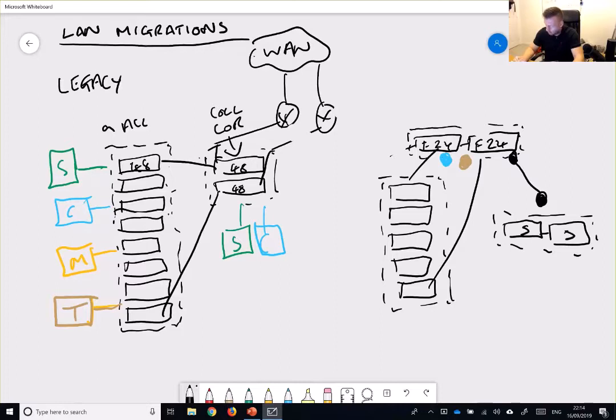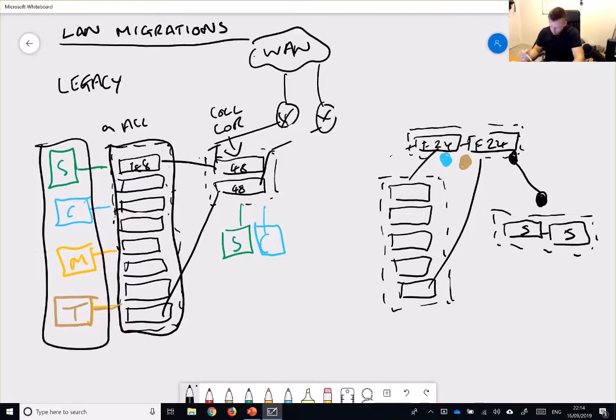So that could be Nexus, it could actually be just a pair of catalysts or whatever. But the concept is that we're modularizing the network, we're separating the failure domains out. So, for example, if something went wonky with this stack here, if you'd done a software upgrade, you would knock out all of this stuff. Just everything. Yeah. Whereas if you look at this, well, obviously management, you'd probably have a management interface on there.